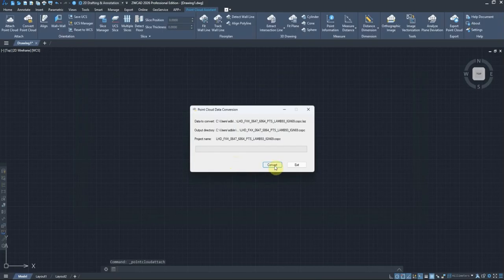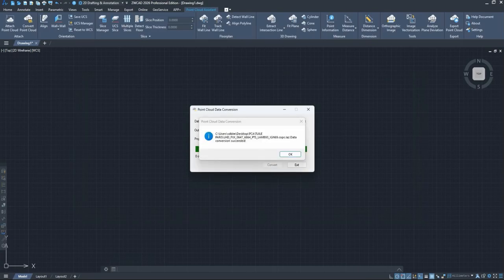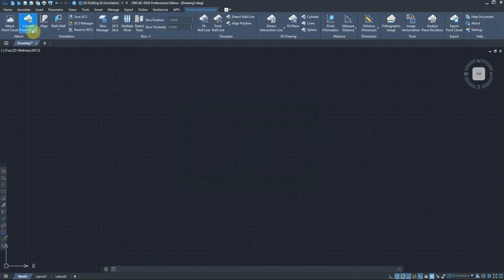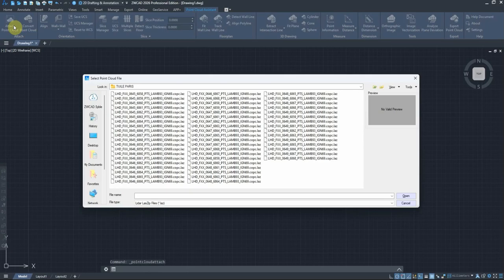And then let's convert it. Alright, the point cloud conversion is in progress now, so it will take a few seconds. Once it's done, I will go back and open the same point cloud tile again. Alright, the point cloud data conversion was successful. And just before clicking OK, keep in mind the file name displayed in this dialog box. Okay, so now let's find this point cloud tile again,